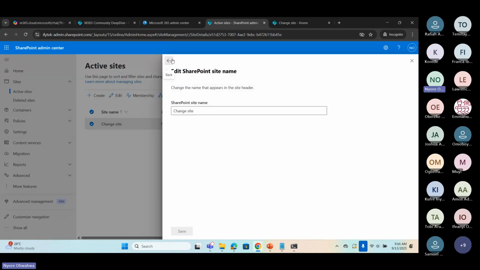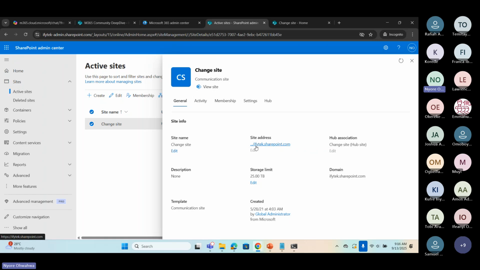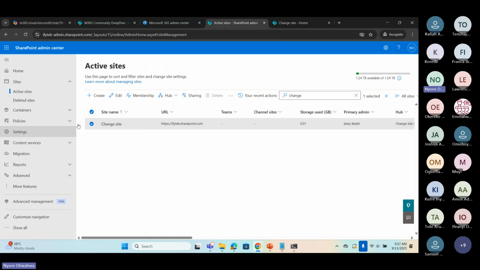As you can see, I had changed the name on my site, but you cannot change the site address, just like we had done on the other sites that we were working on, because it is a root site, you can see that it is grayed out, so you cannot edit it to show you another URL, because that's a default site that is created. When you create a new tenant, when you go to your admin center, you would always see the root site there. You can see that the root site cannot be deleted.